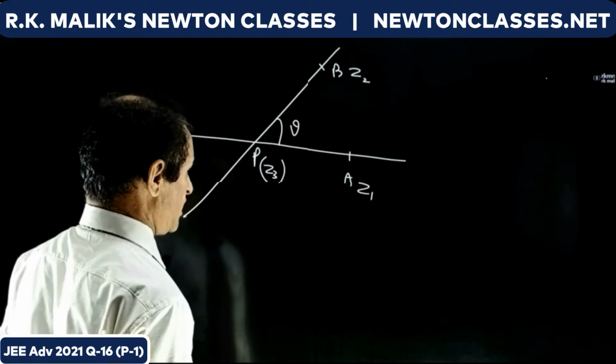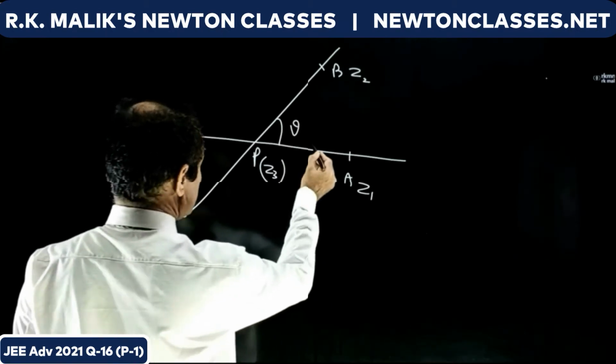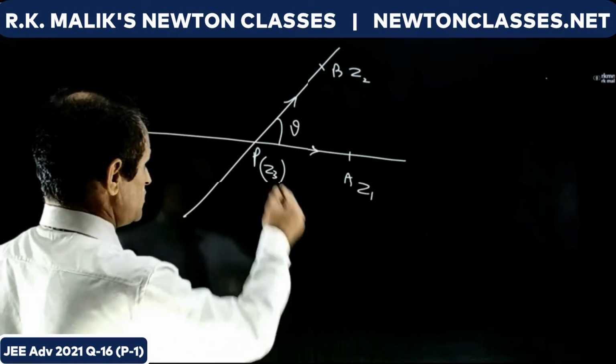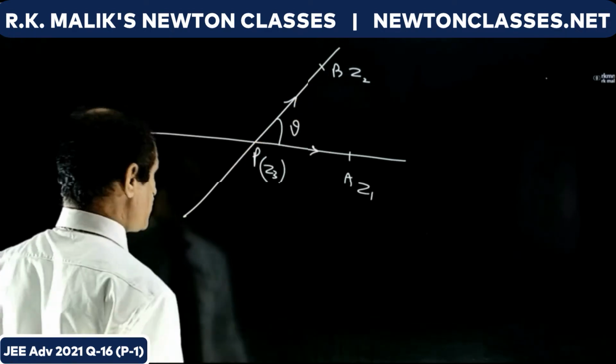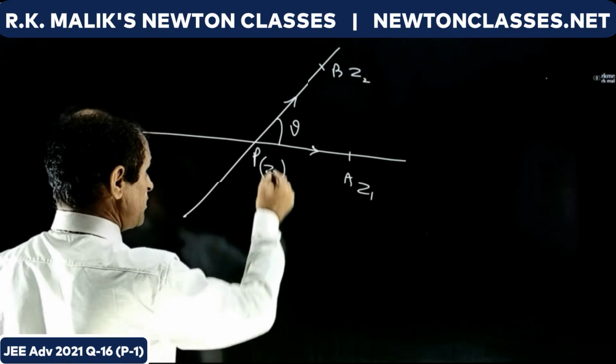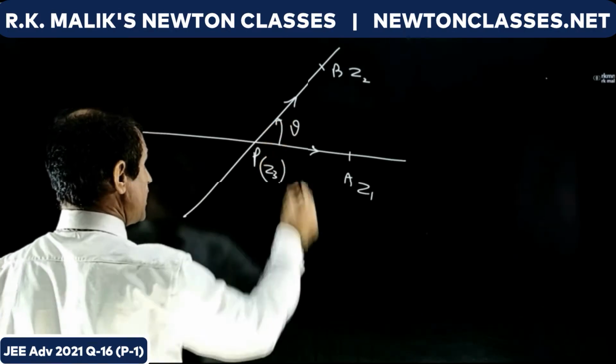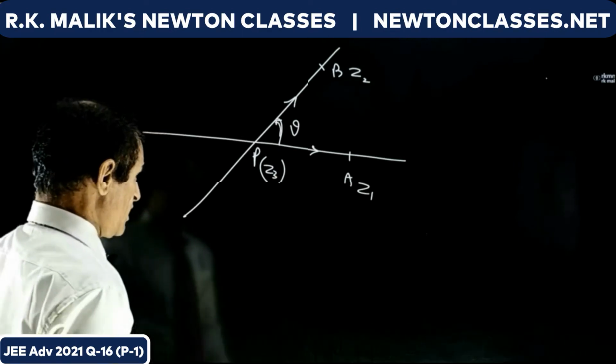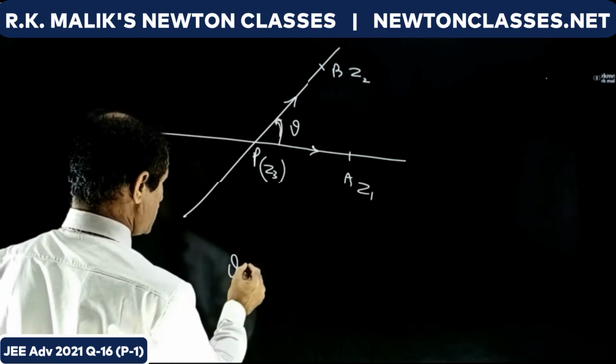For finding this angle, first make two vectors starting at the point: these are PA and PB. After this, mark the anti-clockwise direction in this angle, and then write theta is equal to